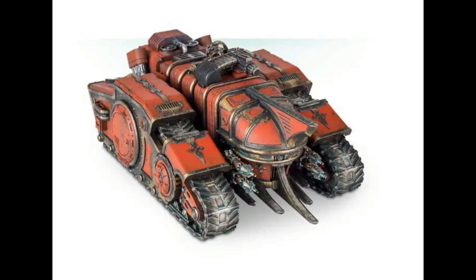Points. Yes, it is movement 10, so it's actually slower than the Land Raider. Ballistic skill 4, so that's the same. All around 14, HP 5, transport capacity 26. That's because you're fitting 10 Spartan Myrmidons in. It's thick. It has 2 hull mounted front las cannons and 1 hull mounted Mauler